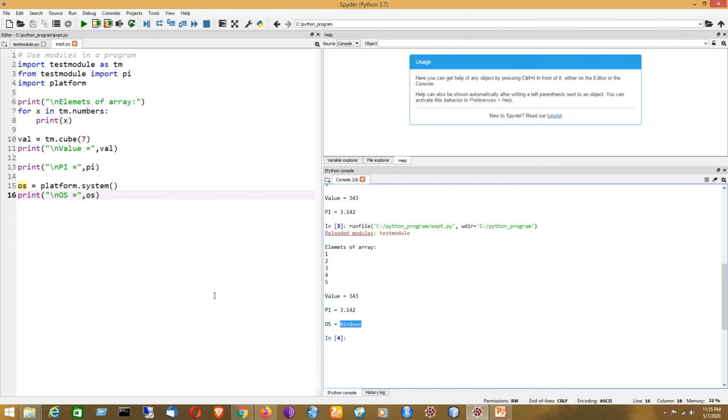So that is the logic of this program. I hope that you have understood the way to create a user defined module in Python and how to access the different features present in that module in a program that will be developed later after developing the module.